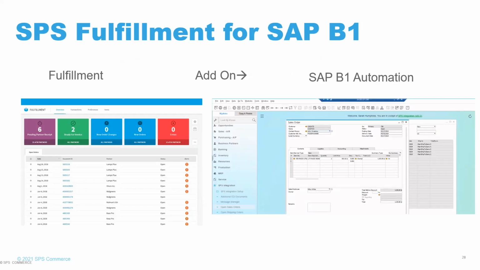Initially, on the left side, every SPS Commerce EDI customer gets our fulfillment solution. This fulfillment product is low cost, very quick to implement, usually in 1 to 2 weeks. We have customers in production, very easy to use. Every customer of ours, as I mentioned, is a fulfillment customer. As they grow, this solution is really strong for new to EDI or people who have to get EDI up and running quickly. But as they grow, that's where they